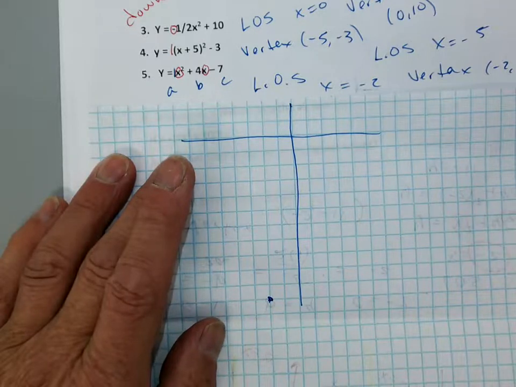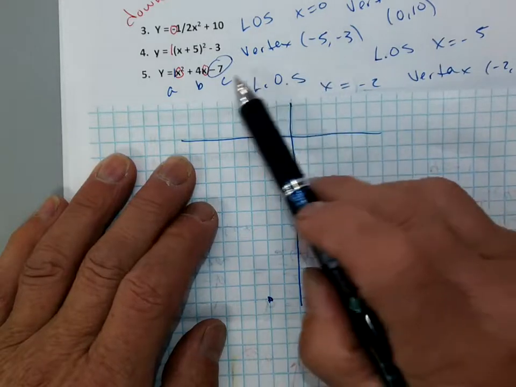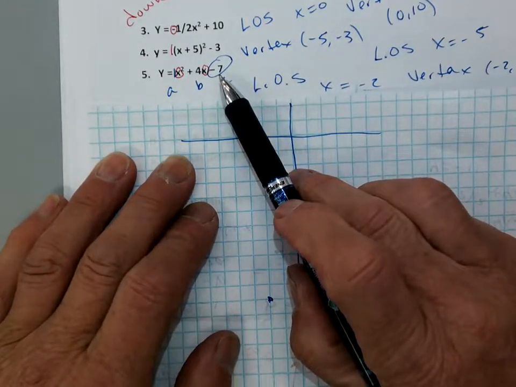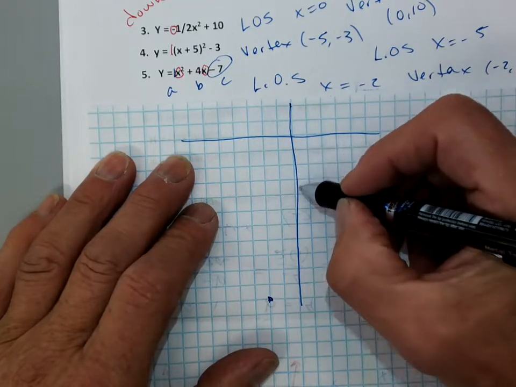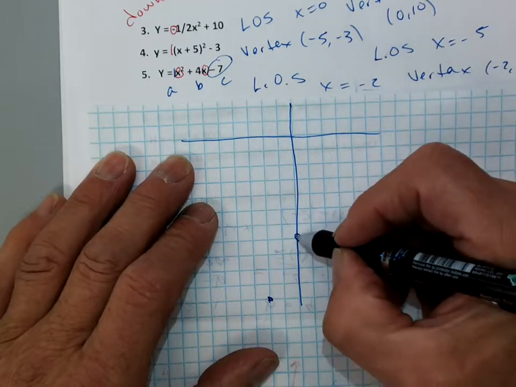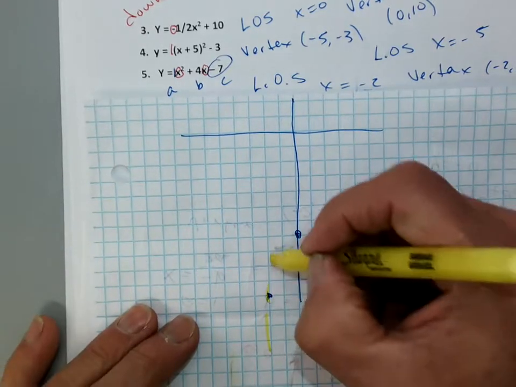And I know also that I have another point. There's one other point, and that's at negative 7, because I have a y-intercept of negative 7. Okay, so I'm going to go to 1, 2, 3, 4, 5, 6, 7. I need 3 points, but the third point's going to be easy to get because I have a line of